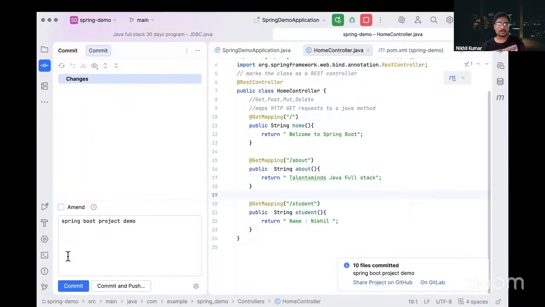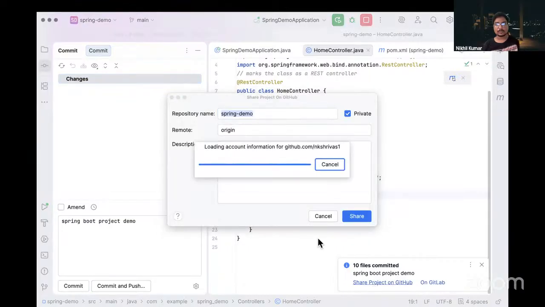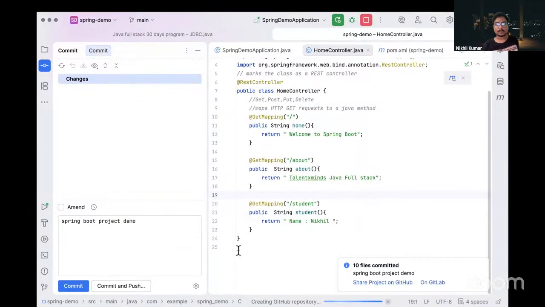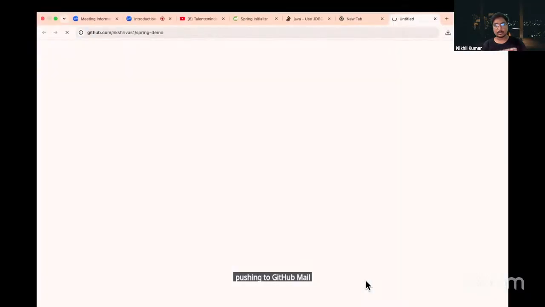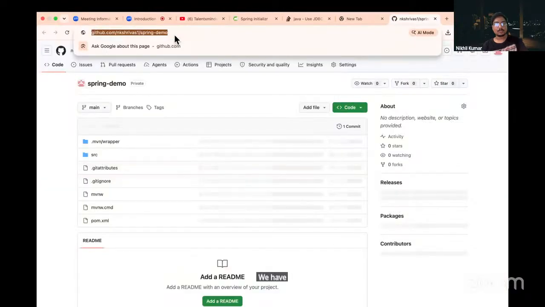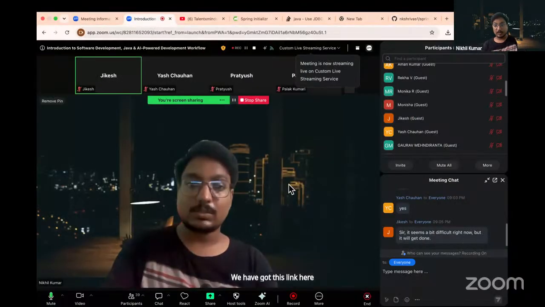We have initialized our GitHub project from here. Pushing to GitHub main. We have got this link here. So this is the Spring demo application link.